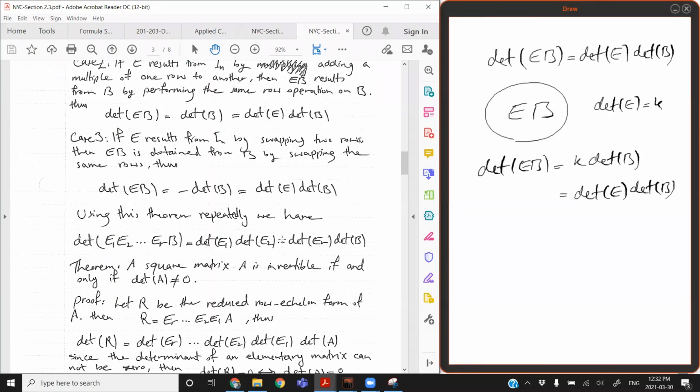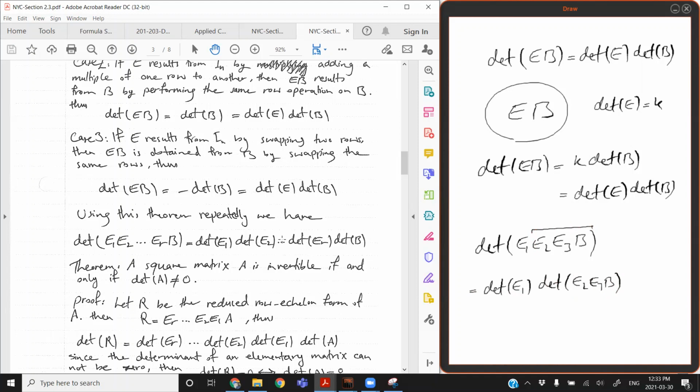Now we can generalize this. If, for example, I have determinant of, let's say, E1, E2, E3 times B, then actually here it's as if I am performing 3 row operations on B. First I perform this one, then I perform this one, then I perform this one. According to the theorem we just proved, this is equal to determinant of E1 times determinant of E2, E3B, because this matrix here,